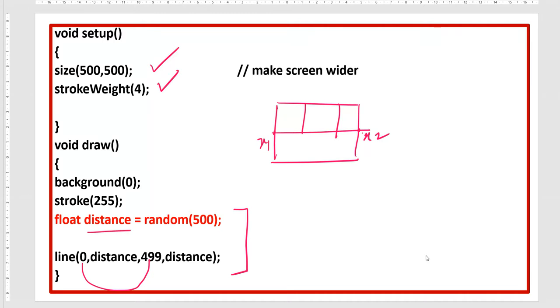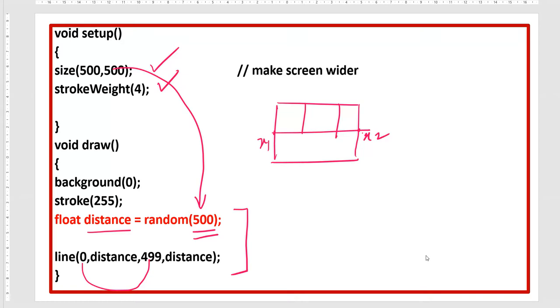You can write whatever name you want, but it should suit your programming, so I said distance. Float is the data type, so the system can randomly generate a decimal. Then random 500. Why have I used 500? Because my canvas size is 500. If it is 600, you have to use 600. If it is 400, you have to use 400.